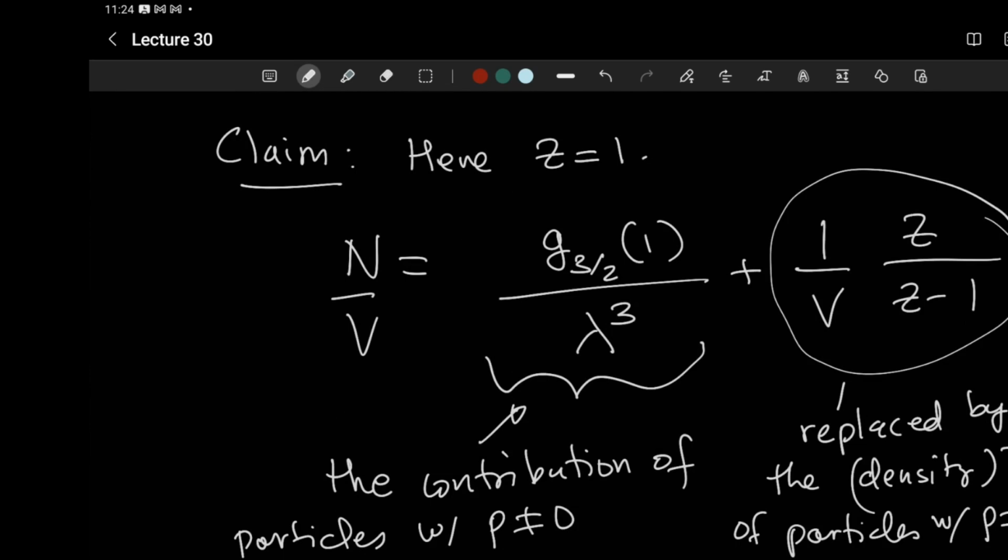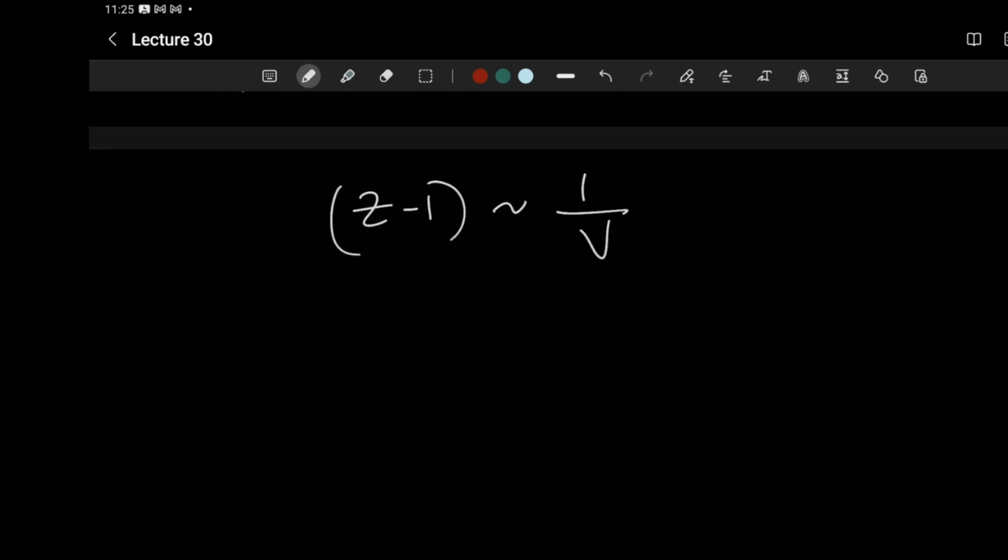This is a density. It's not like 10 particles are there. It's like there's a huge, macroscopic fraction. Something like maybe 1 by 100 or even 1 by 10 to the power 4, 1 by 10 to the power 6 also. But that's a fraction of the full gas in the ground state. So it's actually better to think of this system as a two-component system. One with the set of particles in the higher excited states, and the other component is just all in the ground state.